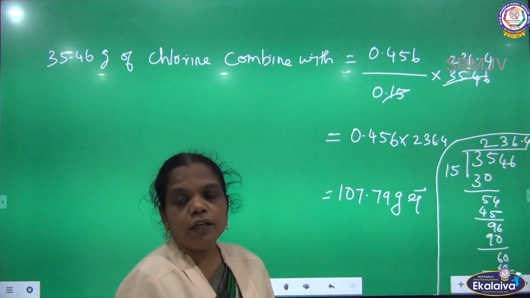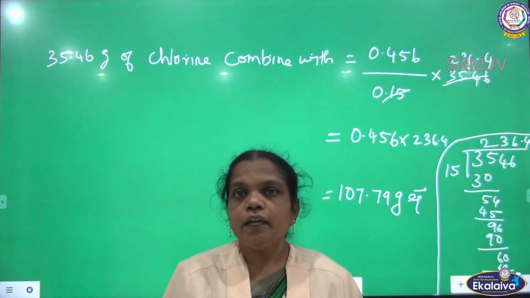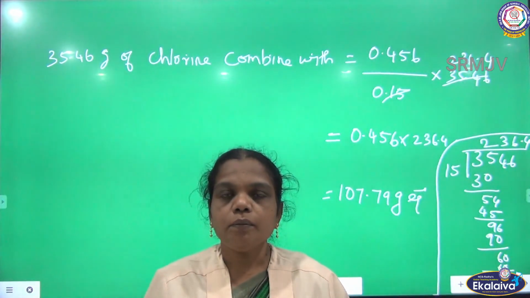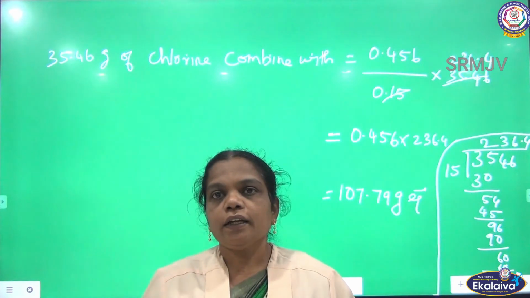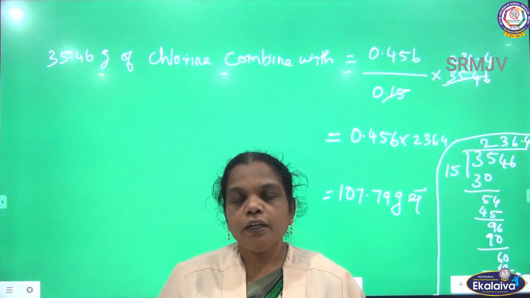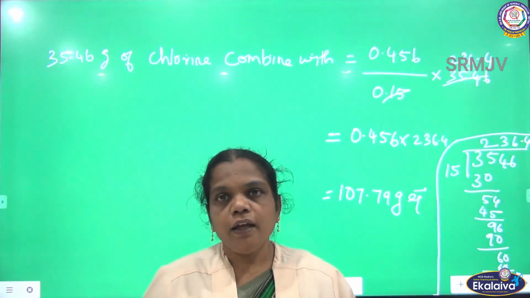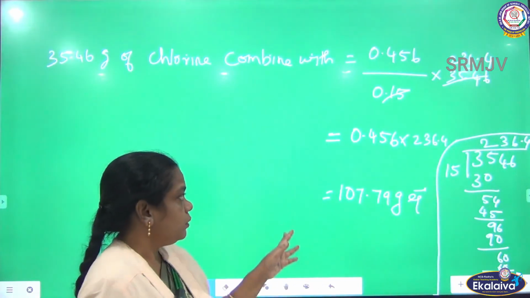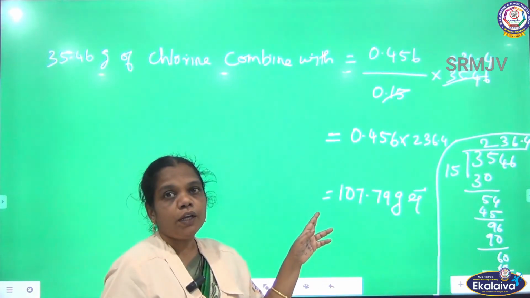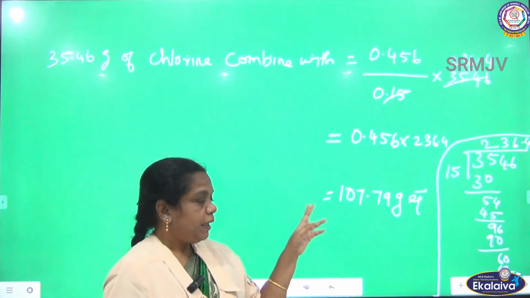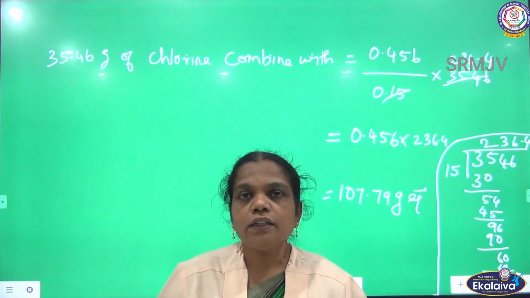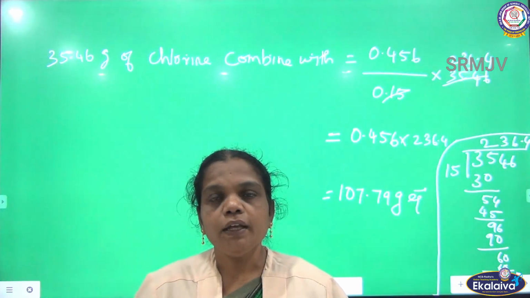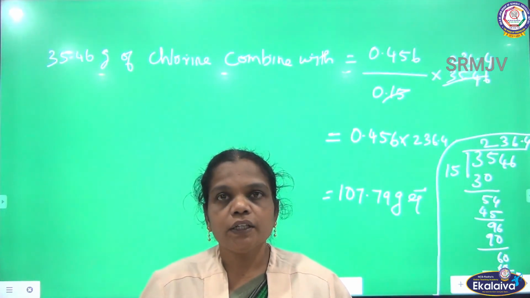So, by this you can calculate the equivalent mass of the given atom present in the combined state. Here the chlorine is going to be combined with the metal, and the equivalent mass of chlorine present in the metal can be calculated. So, these are some of the calculations you are going to learn from the basic concepts of chemistry.